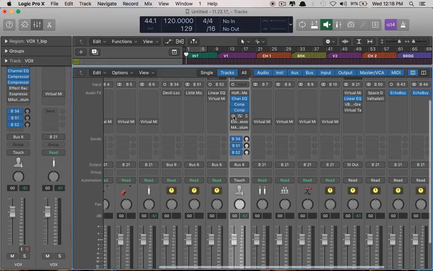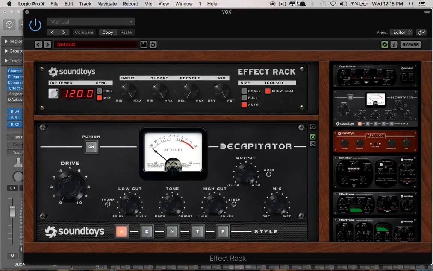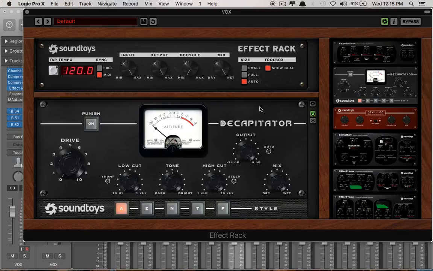So then I use my trusty Soundtoys effects rack and I bring in Decapitator, which is basically a saturation/distortion plugin. Saturation is just the subtler version of distortion. It thickens up a sound, it gives it more life, but it doesn't sound distorted. So I'll bring in Decapitator. I'll probably set the drive to 3 and I'll flip through these emulations till I find a tone that I